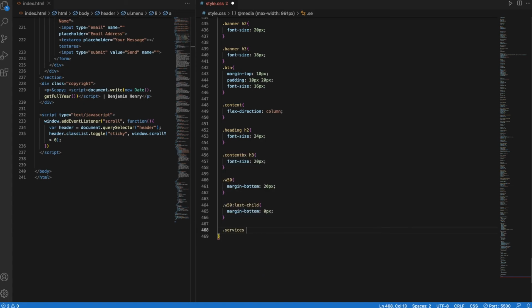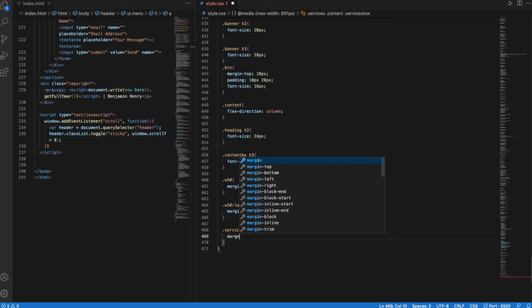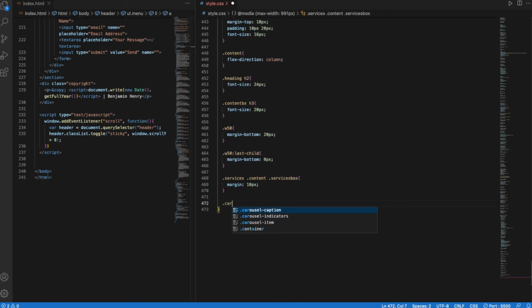Dot services dot content, dot services box, margin 10 pixels. Dot carousel item, my least favorite word,